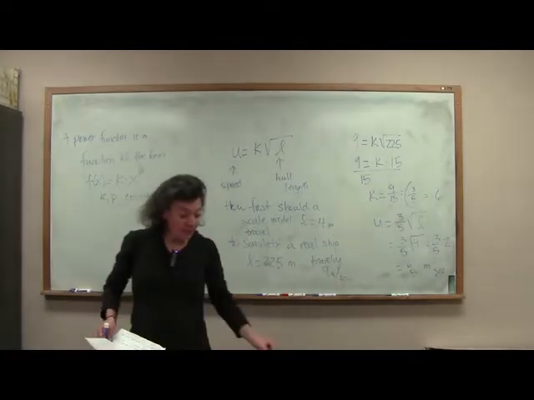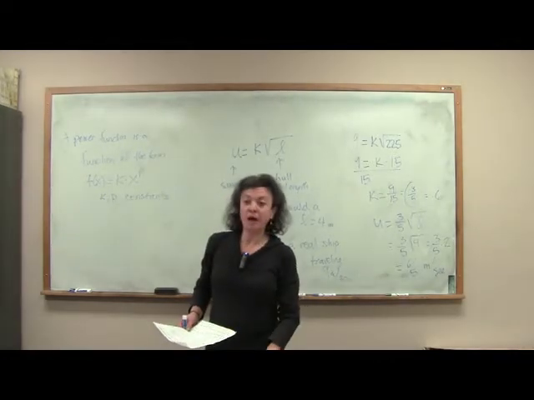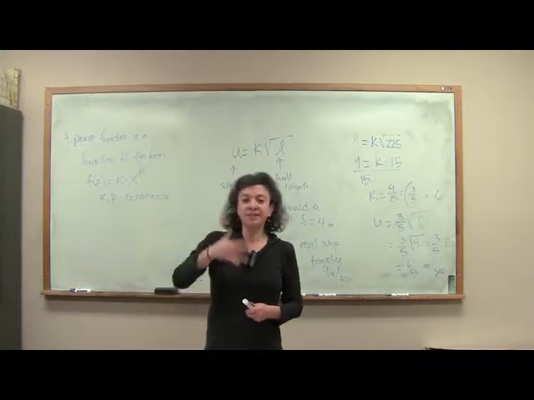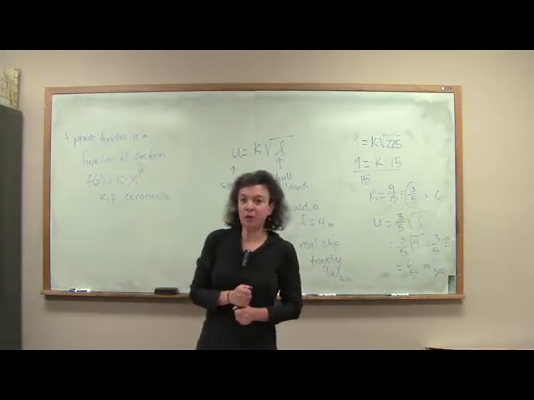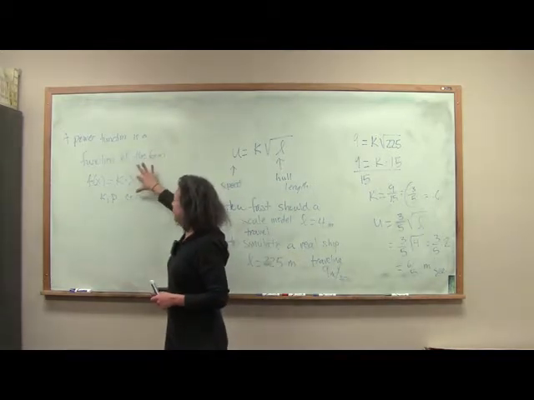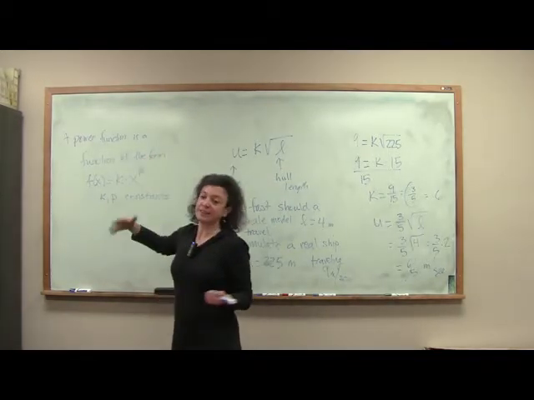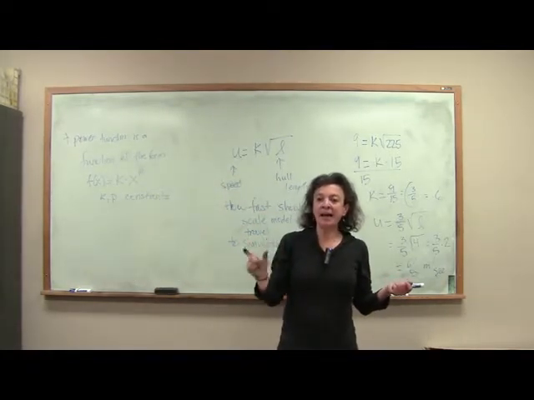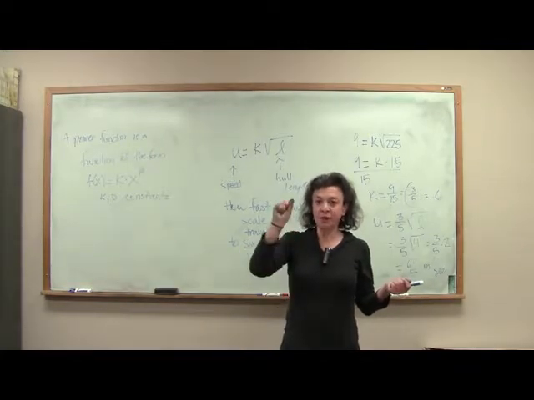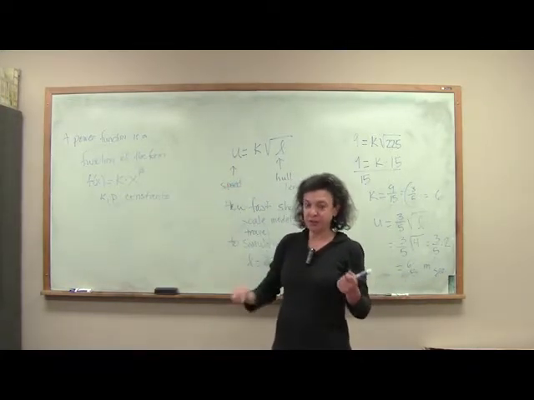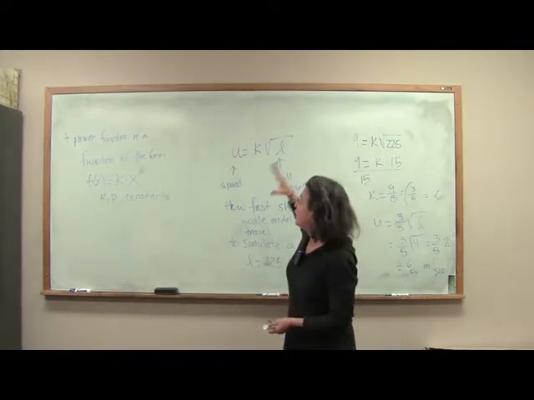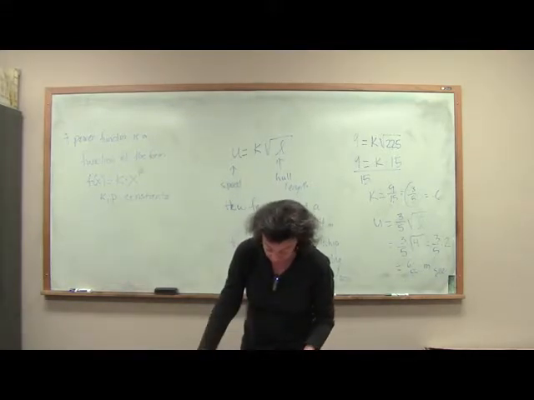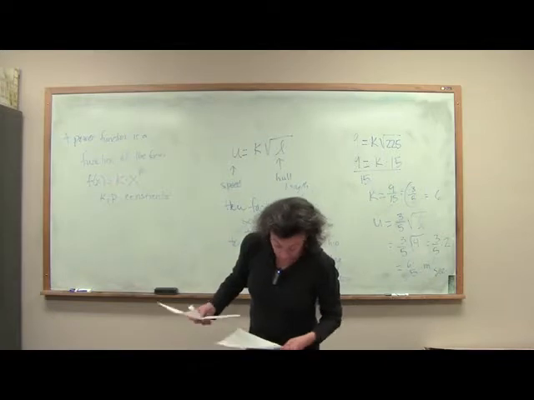Now, one of the things that people can get confused by is confusing power functions with polynomials. You'll see in a bit when we talk about polynomials, we have limitations on what our exponent can be. In fact, I'll just say it since I brought it up. When we're dealing with polynomials, p has to be a whole number. 0, 1, 2, 3, 4, 5, etc. You can't have a negative number or a fraction. With power functions, we are not limited in that way at all. So, for example,